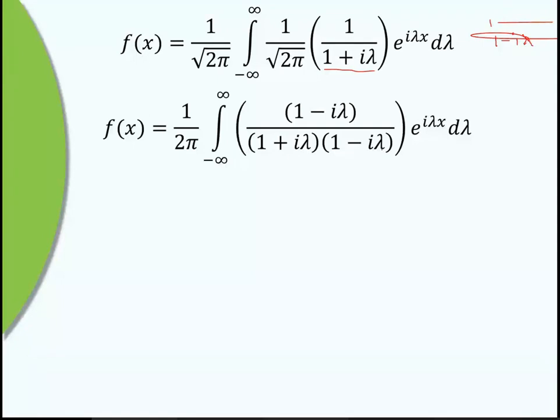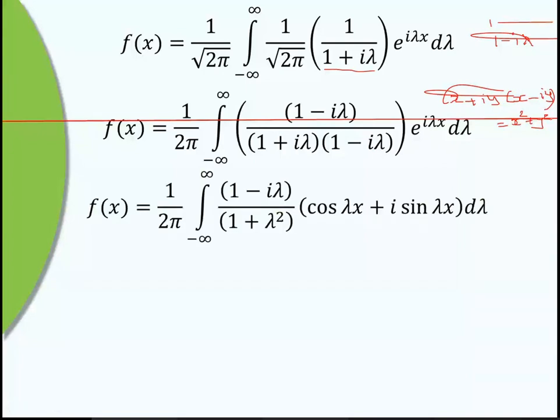The product of complex conjugates is nothing but real part square plus imaginary part square. Okay, x plus iy into x minus iy. The product of that is nothing but x square plus y square. So make use of that. In the denominator, we get that product, so it will be 1 square plus lambda square.